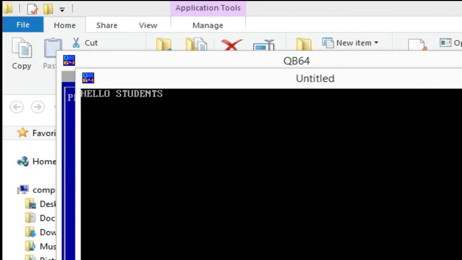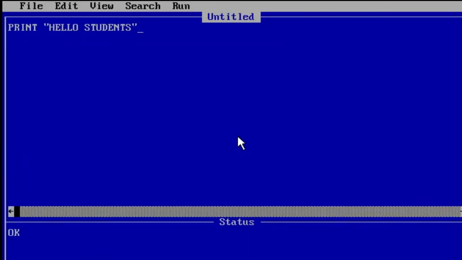It is creating the executable file, and a black screen will appear as the output screen. This is the output screen. Here hello students is displayed. If you want to go back to the original blue screen, press any key on this screen. Now again the blue screen appears.